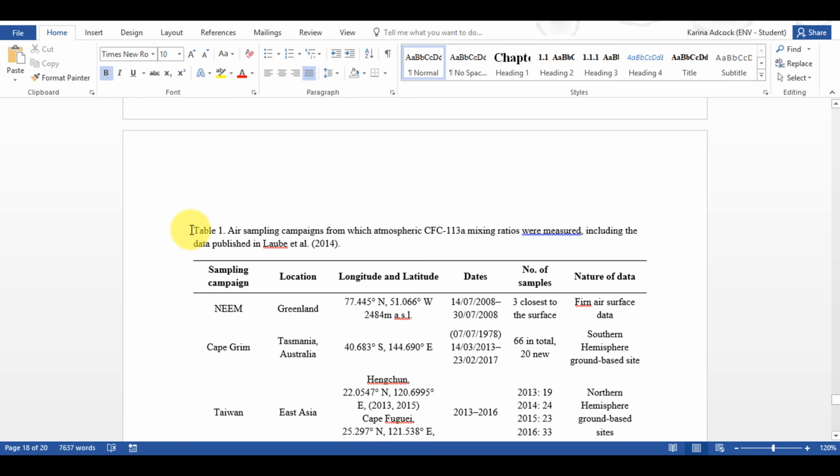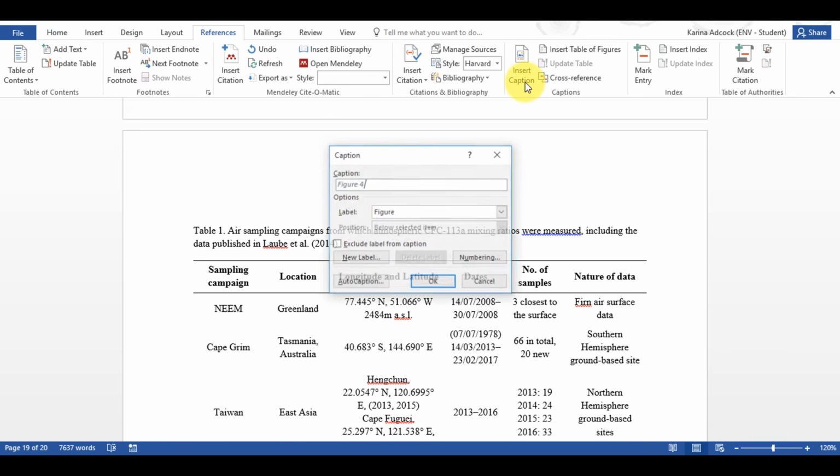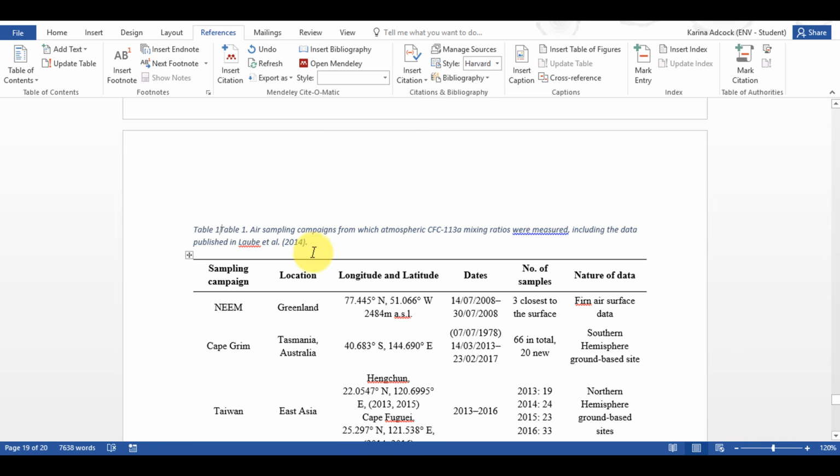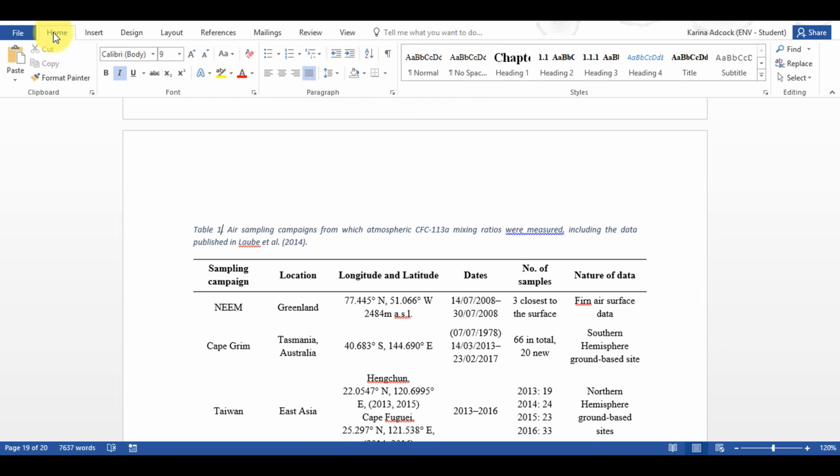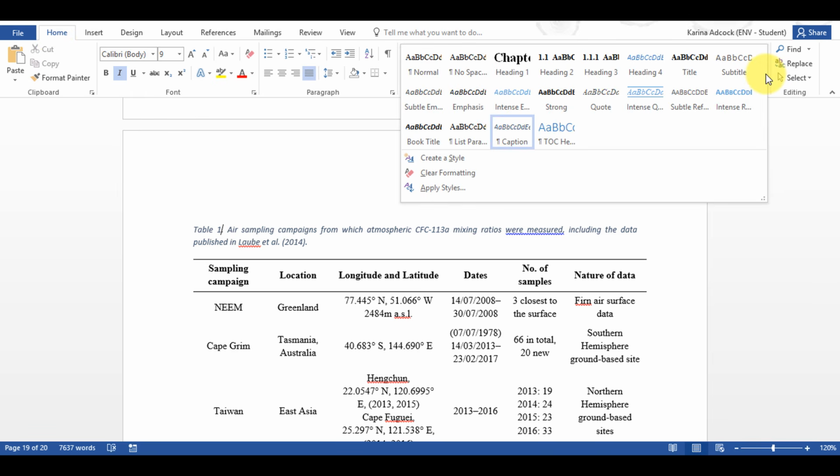So the first thing I'm going to do is select in here and then go to References and Insert Caption, and then I'm going to change the label option from Figure to Table. Then I'm going to select OK. Then I'm going to delete the second table one, and then I'm going to go to Home and Styles, and